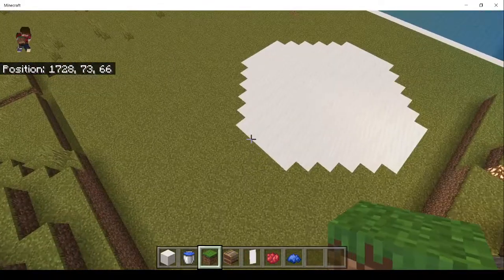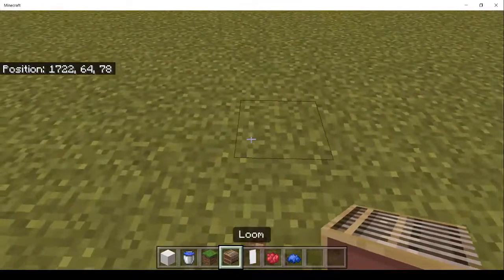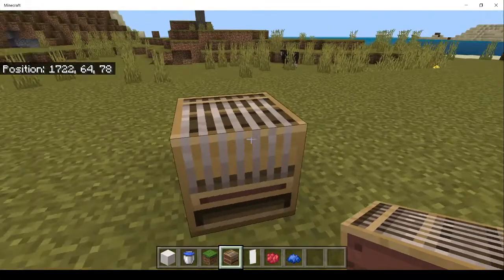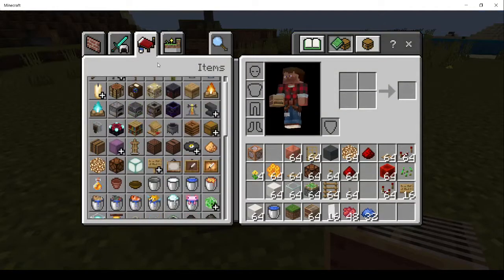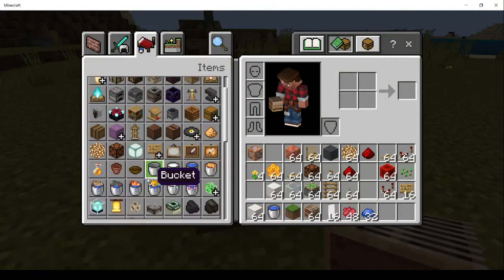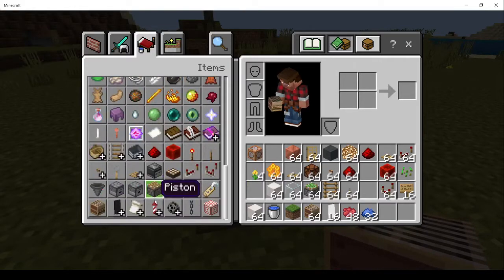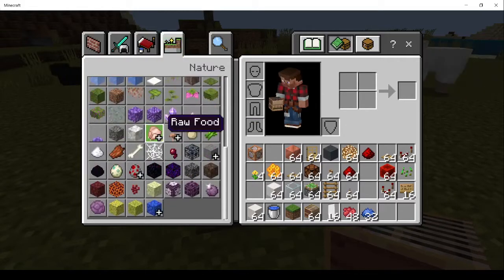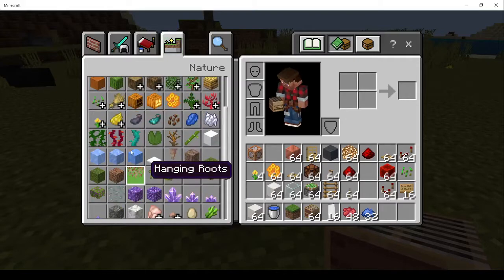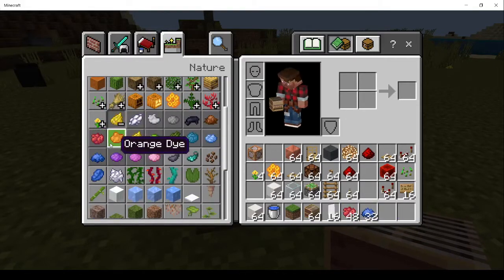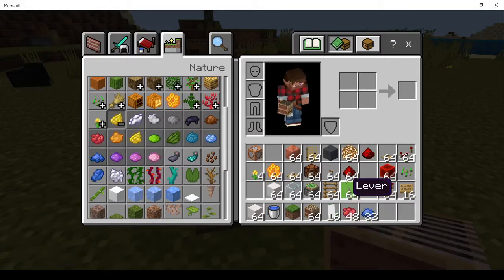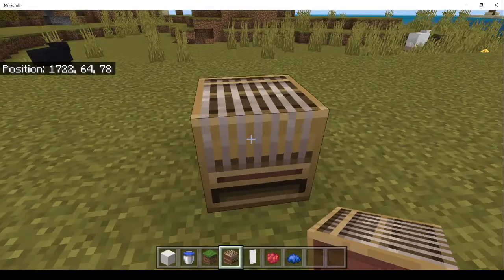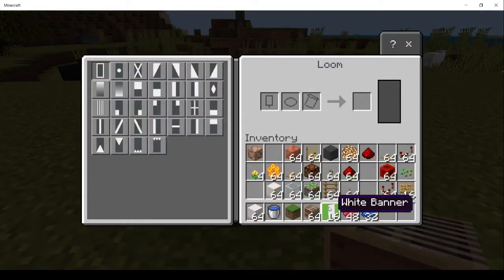So the next step that we're going to want to do is get a loom. It's over here in items, just near the bottom right here next to the banners. And then you want to go get ink. So you're going to want to get red dye, and then you're going to want to get blue dye. So once you have those, as well as a collection of white banners, so several white banners, come back out, place a loom, place a white banner, then the red dye right there,